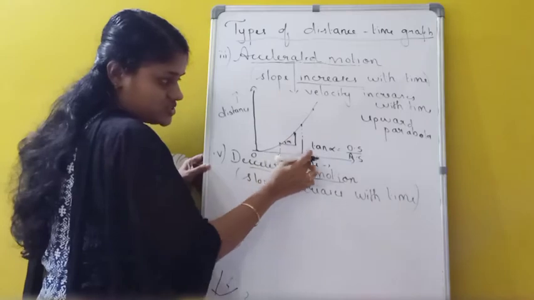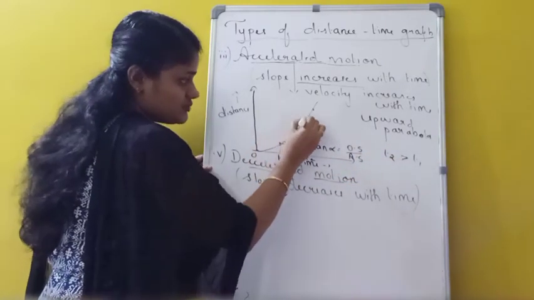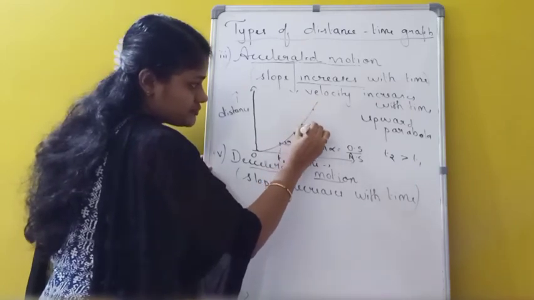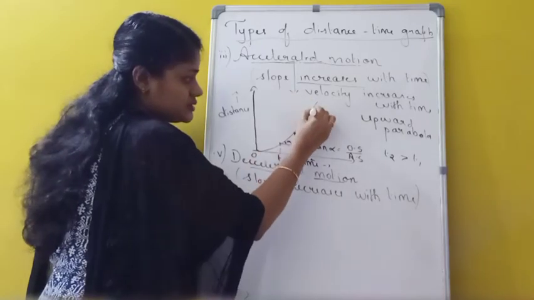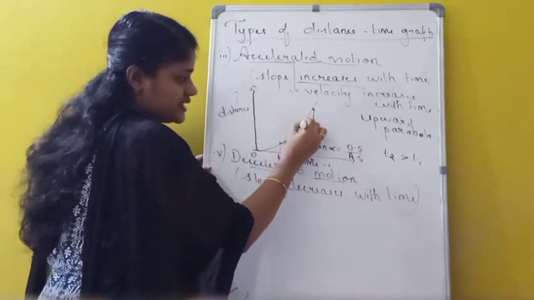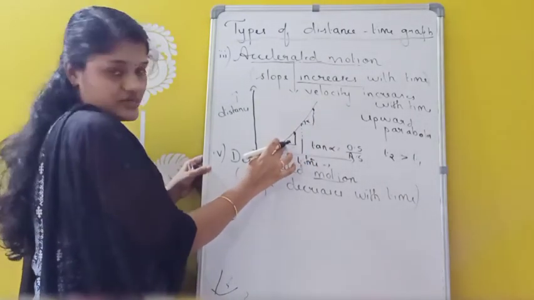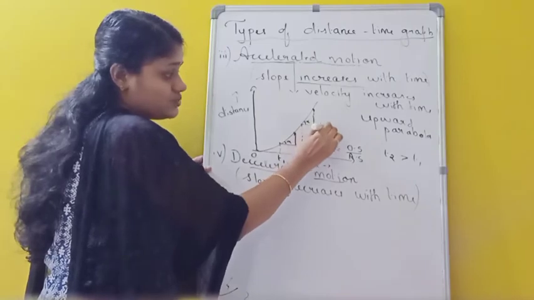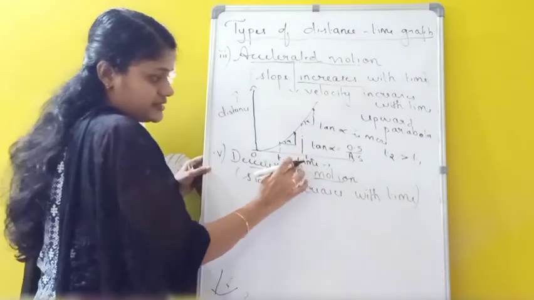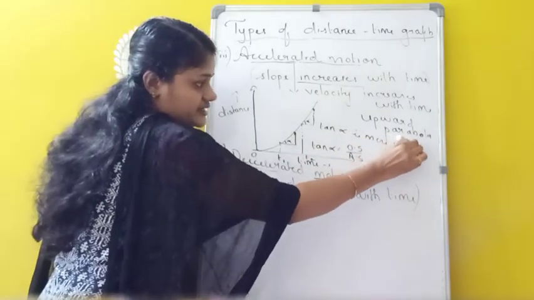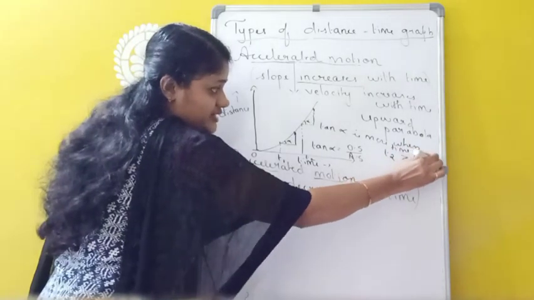Okay, so this t2 is greater than which one? T1. Okay, so here also I want to find the slope. So I want to check which one is greater. So which slope is greater? Okay, and this angle is alpha. And we can see that this angle is more than this one. Okay, that is tan alpha is more here. Tan alpha is more when time is increasing. So tan alpha increases when time increases.